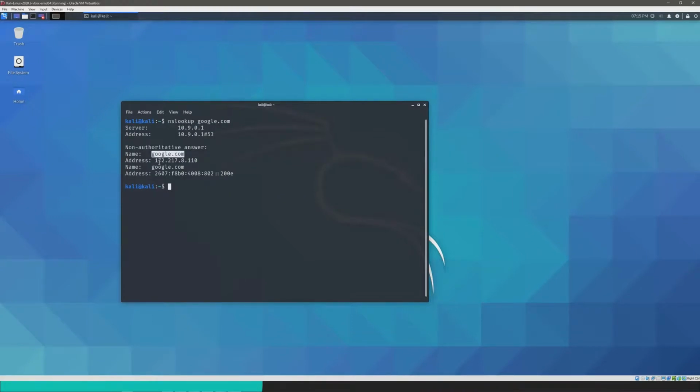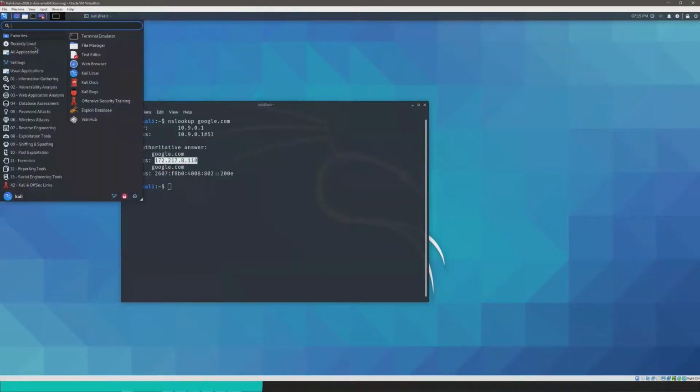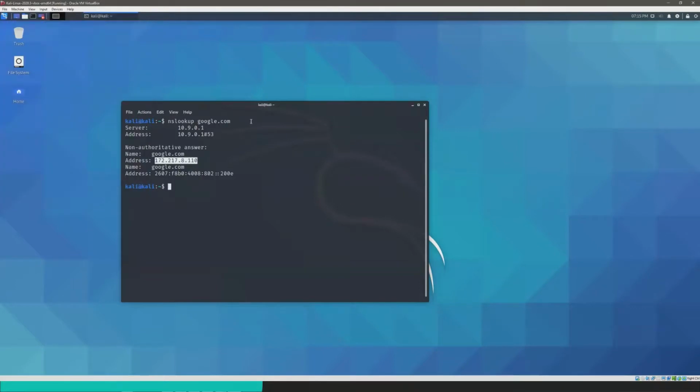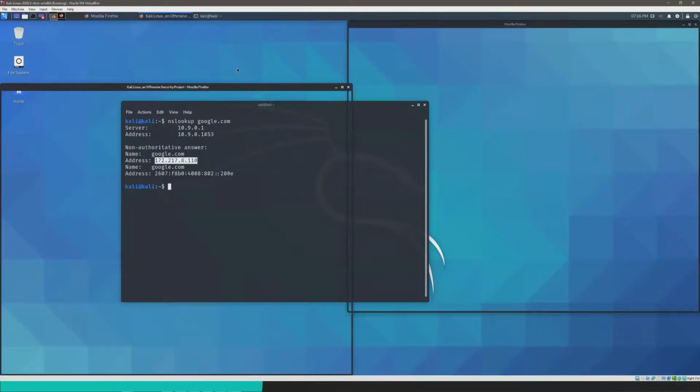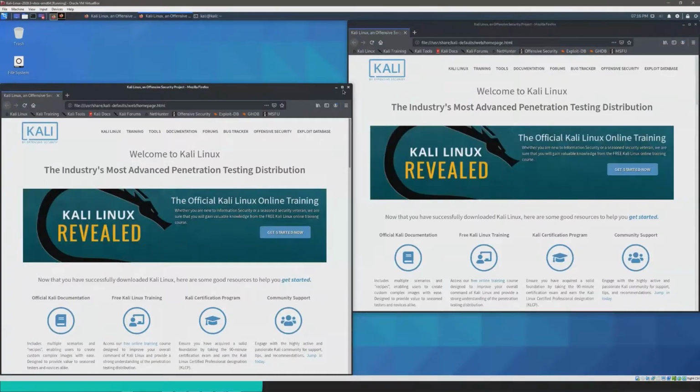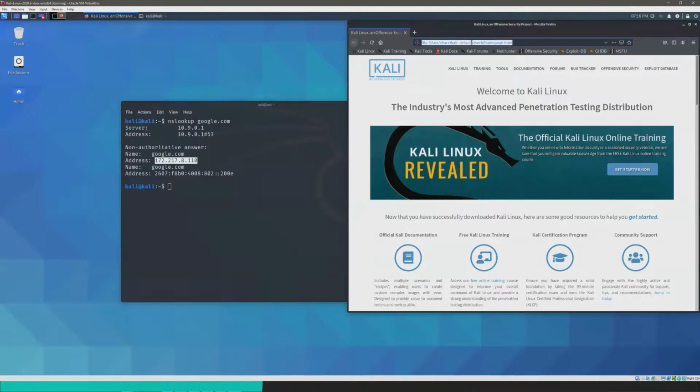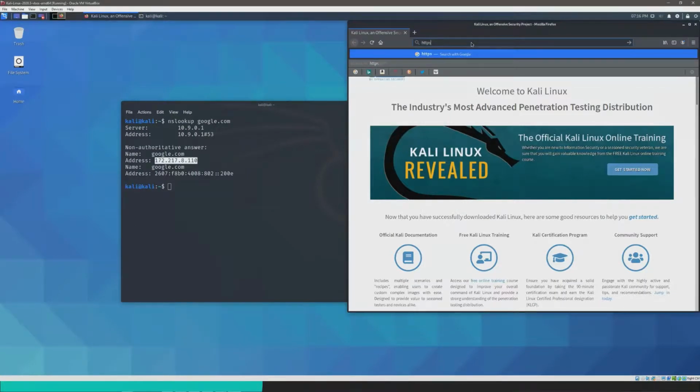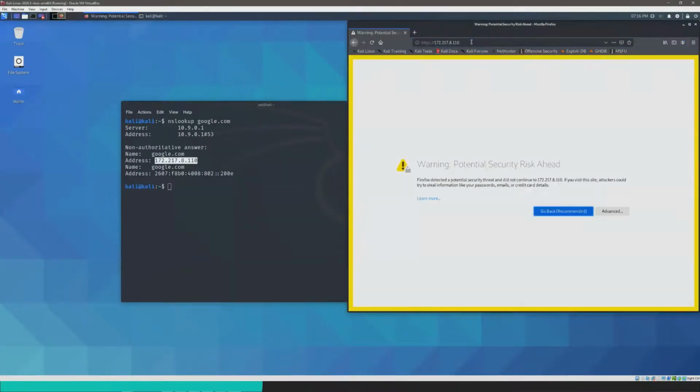And this would also give you the DNS server of Google. Actually, this might be the IP address of Google, not the DNS server. Let me verify that real quick. Let's see. If I go to that IP address, it should take me to Google.